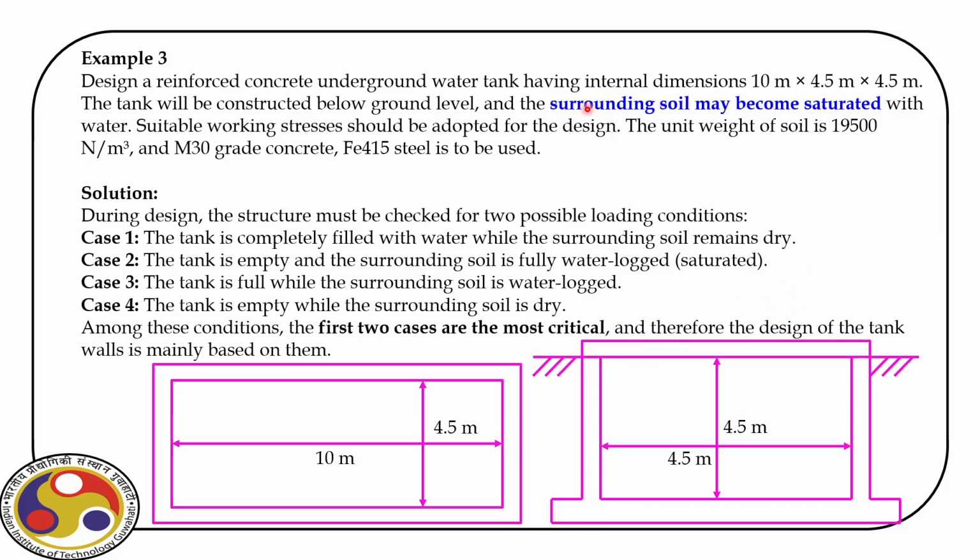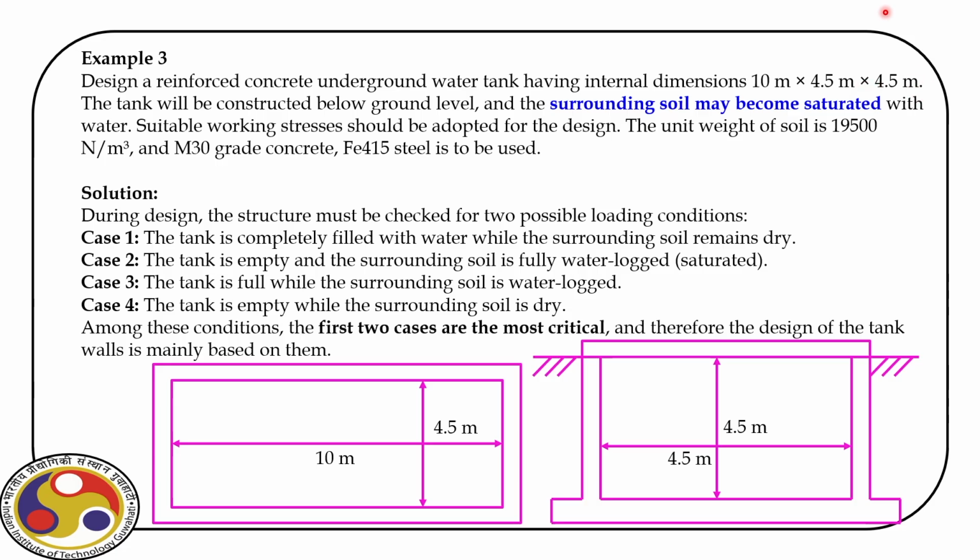However, this time we'll consider the surrounding soil to be saturated. So that is the only addition we have, and we'll see the moment we consider saturated soil, how the soil pressure is affected, and we use that for the design of the structure. So we have a tank of dimension 10 meter by 4.5 meter by 4.5 meter,